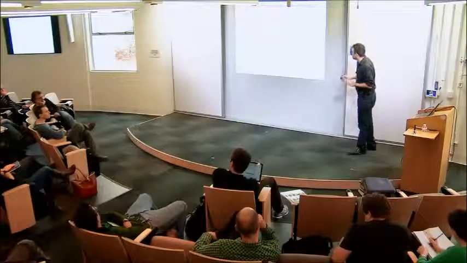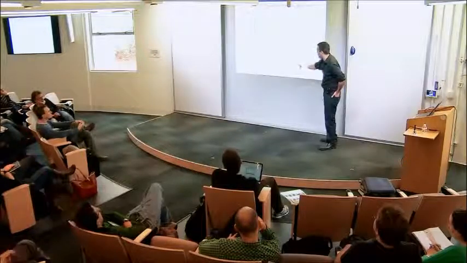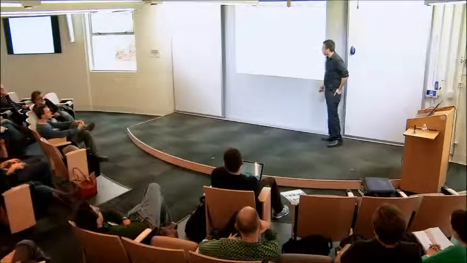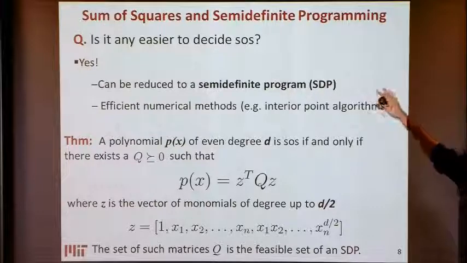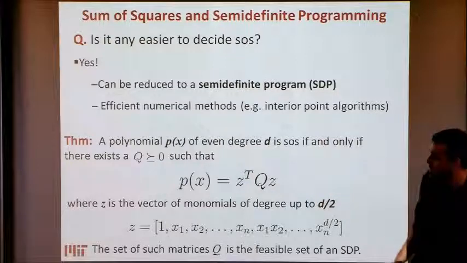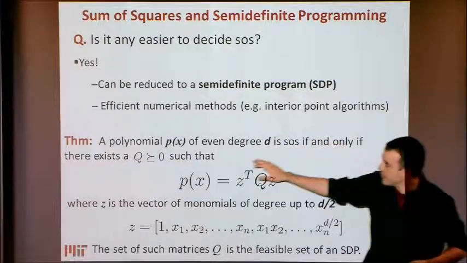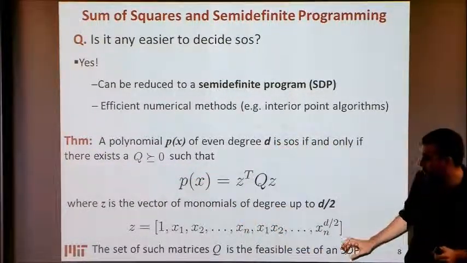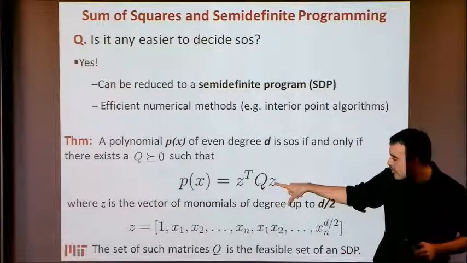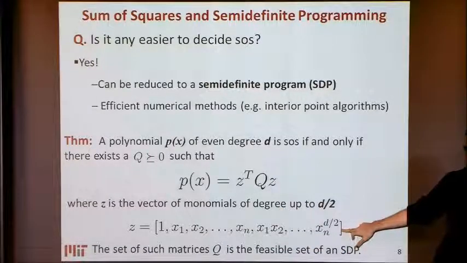So again, let me just describe in one slide. I don't think the details are terribly important, but at least I want to give you a plausibility argument, it's actually a proof, for why checking this condition is a semi-definite problem. So the idea is very easy. If I have a polynomial of even degree 2d, it's not very difficult to see that my polynomial is going to be a sum of squares if and only if I can find a positive semi-definite matrix Q in such a way that I can express my polynomial as a quadratic form in a vector Z, where Z is essentially a basis for the space of polynomials of degree up to d.